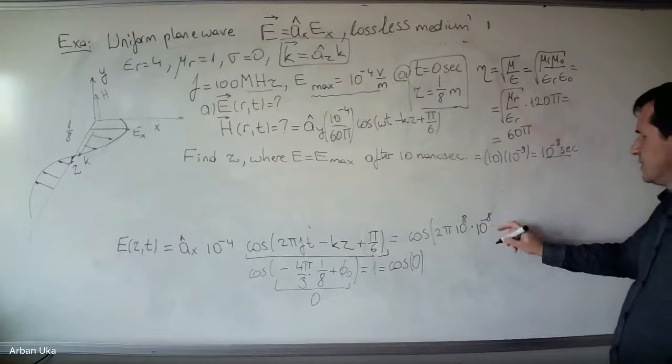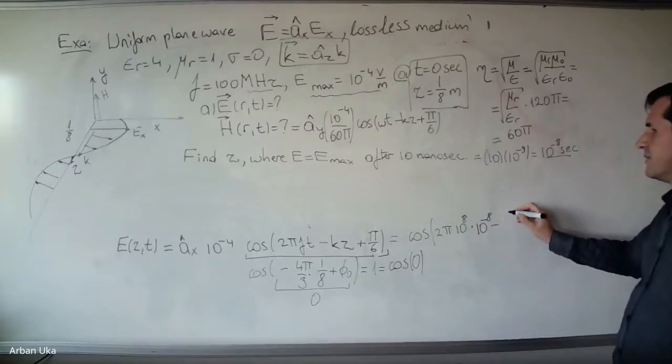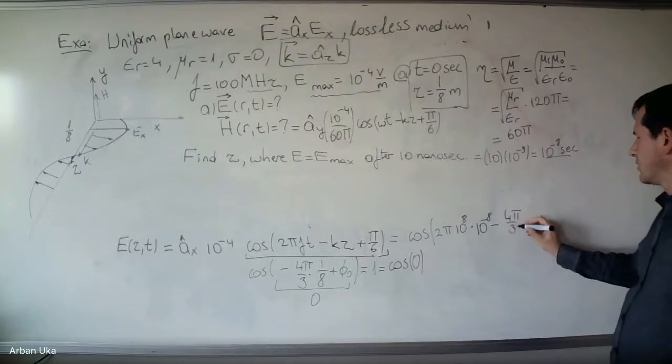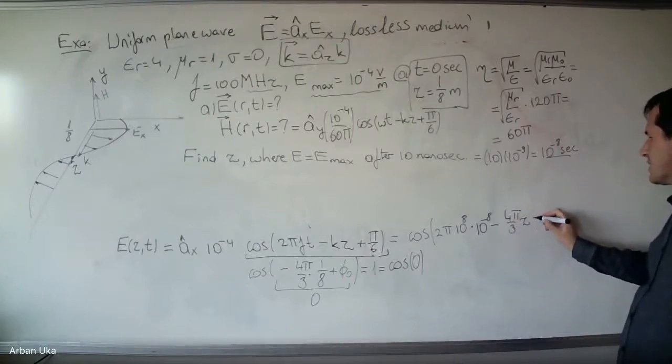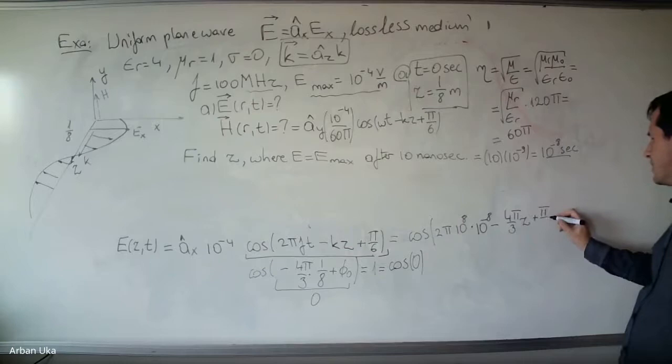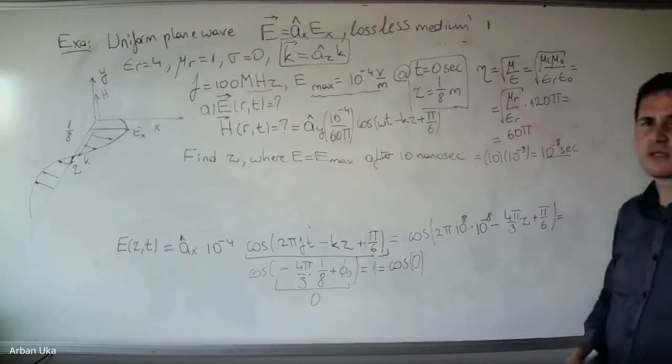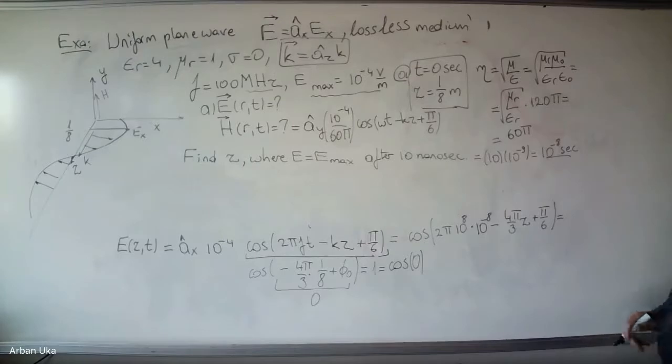This is time t, minus k, which is 4 pi over 3, times z, plus pi over 6, and this whole thing is expected to be a maximum, which means that this is going to be equal to